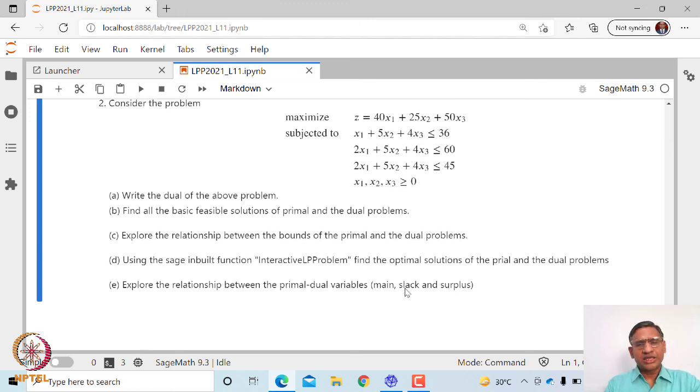Okay, so thank you very much. In the next class, we are going to look at a method to solve a linear programming problem, which is called dual simplex method. So remember, at present what we have is, if I have a linear programming problem, we can find its dual, and then we can try to solve dual using whichever applicable method is there. That is one way of solving. But then dual simplex method tells you that you don't need to actually write the dual, but then the same simplex method you can apply to the given primal problem. Of course, it will require certain condition, and then you can solve the problem. Okay, thank you very much.